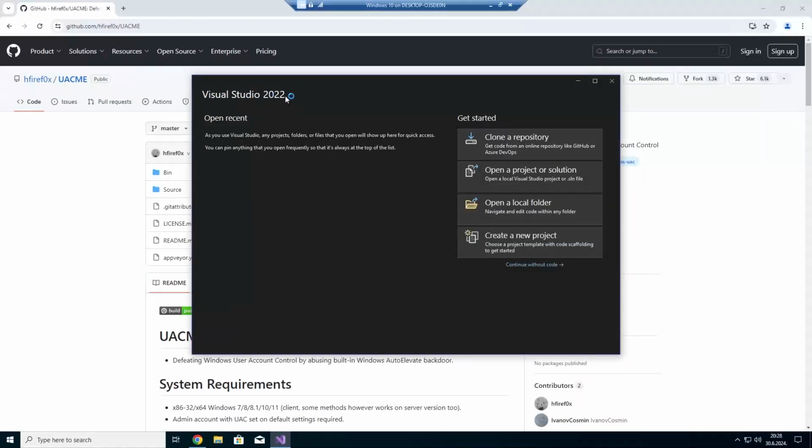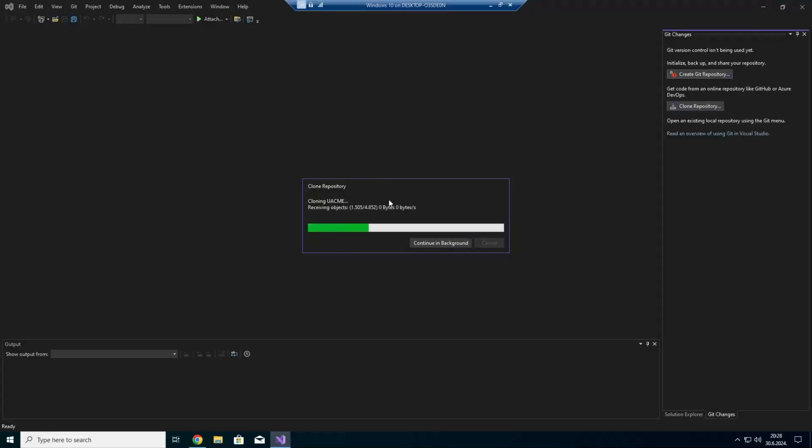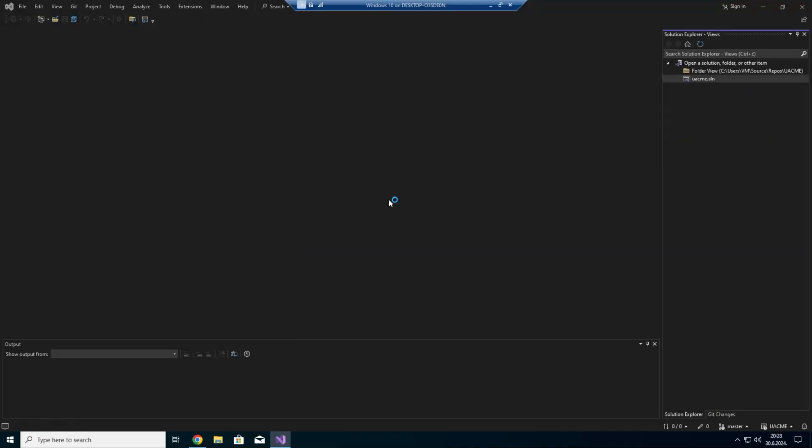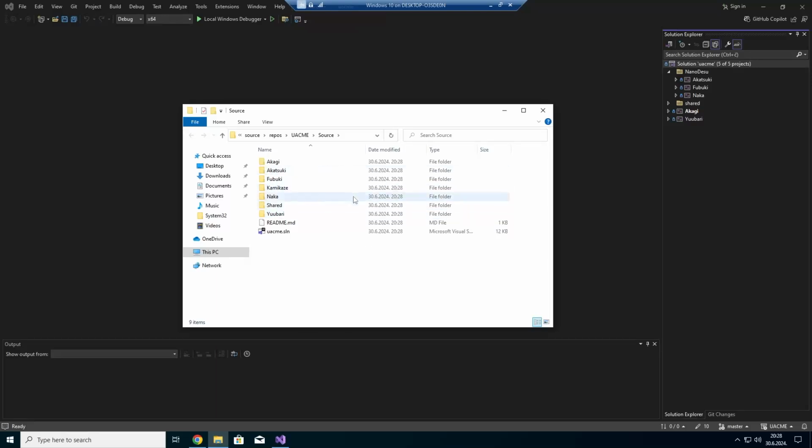I'm using 2022, but you can use an older version and it should work fine. Then go to clone a local repository and then copy paste the GitHub URL here. And this is going to clone the entire Git repo, so we have it locally. And then you can see here there's quite a lot going on with the structure, but I would like to show what this looks like in File Explorer first, because you can see it looks a little bit different compared